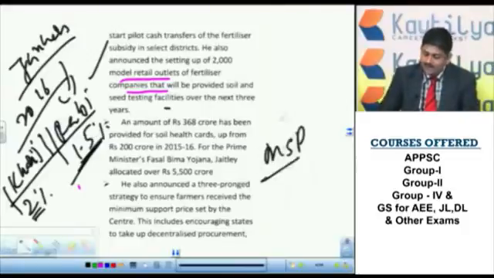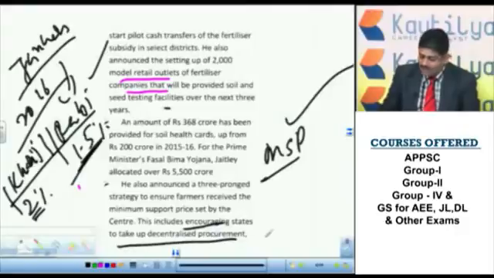Now, minimum support price. In the budget, the finance minister announced a 3-pronged strategy to ensure farmers received the minimum support price set by the center. These include encouraging states to take up decentralized procurement. That means procurement as of now is not decentralized. That means everywhere the procurement is not happening. Procurement is nothing but taking from the farmers. So this is one, and the second one is